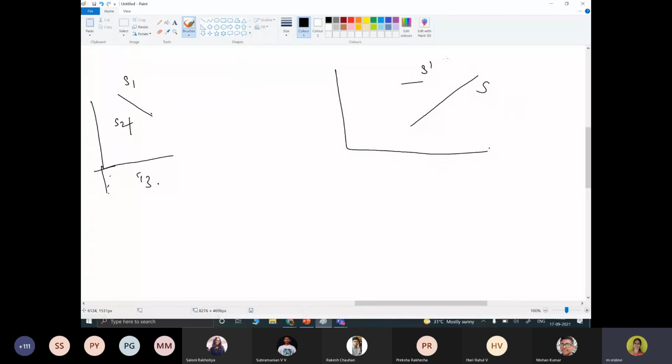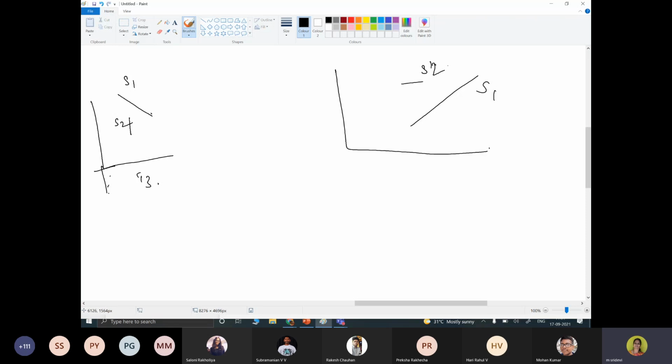Let it be S1 and S2. The surface S1 has the greatest depth, but which object is behind this? S2. S1 has the greatest depth, so this has the highest order.